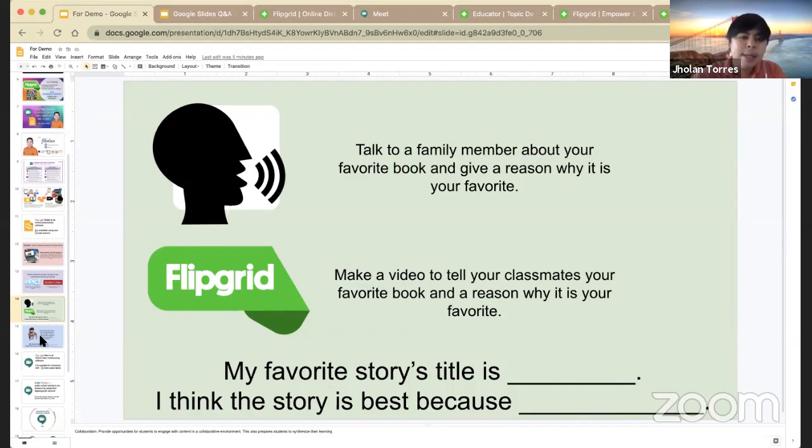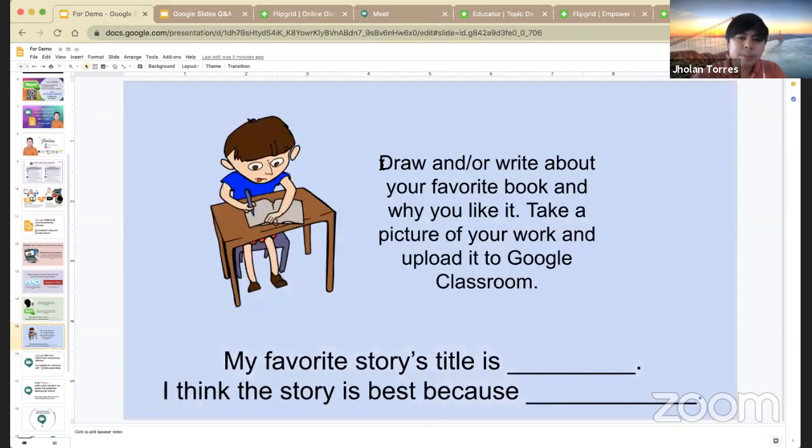Then lastly here, for draw, okay, if you have an application or website that you want your students to upload to, you can post this. You can insert here your instruction or the link to your activity.